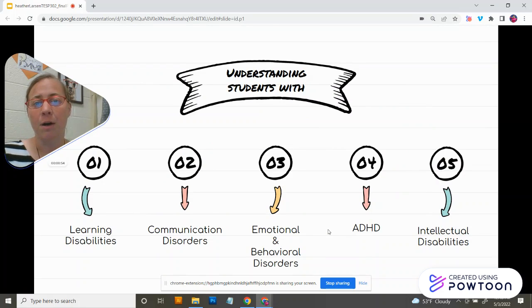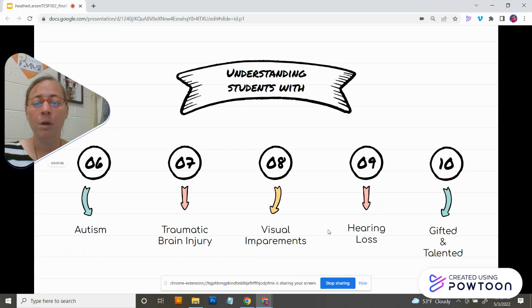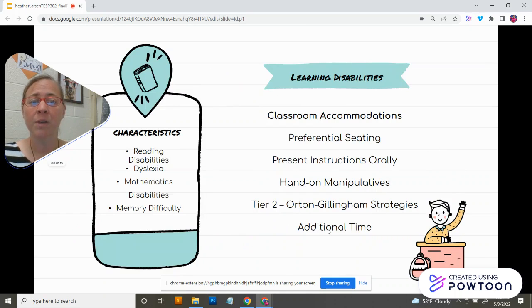Throughout the course, we learned of about 10 disabilities or exceptionalities, and they are learning disabilities, communication disorders, emotional and behavioral disorders, ADHD, intellectual disabilities, autism, traumatic brain injury, visual impairments, hearing loss, and those students who are gifted and talented. What I would like to do now is discuss how I would accommodate each of these characteristics or disabilities